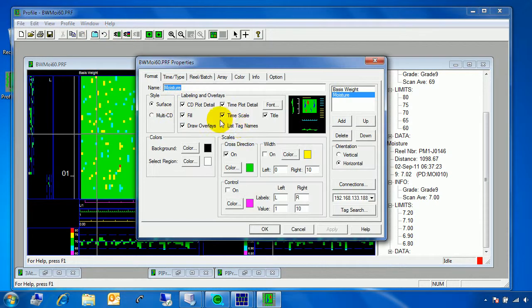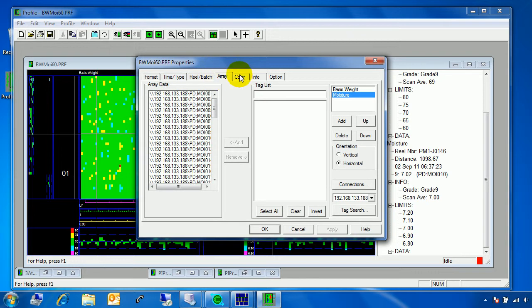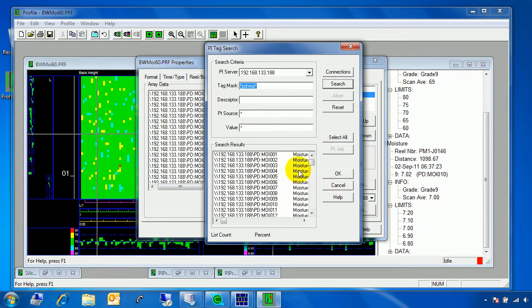One interesting option is that the number of actual tags you have in the arrays for each one doesn't need to be the same. In this case, right now I'm showing 60 moisture tags, but I could add some more. So let's say that I had twice as many sensors on my moisture side as I did on my basis weight side. I can go and select tags 61 through 120,